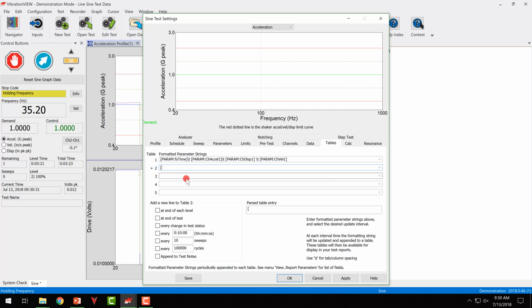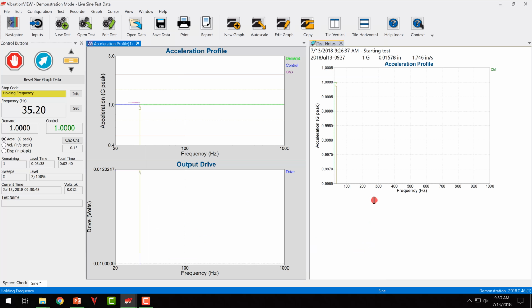So if I wanted to see graph colon Excel, we'll just add that one in there. Append to test notes every 30 seconds. Click apply. And now I'm getting, as my test is running, which it still is,